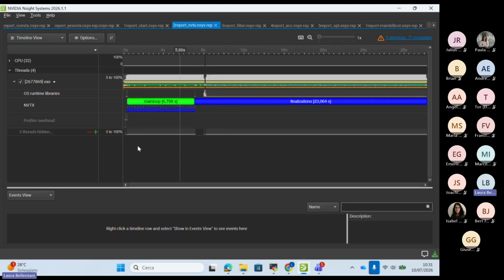So now you can clearly see that in my code, there is one final phase of finalization, which is taking along much of the runtime. And then the interesting part, the part that I want to offload, is this main loop. Now, maybe this is a toy code. Maybe I have a bigger code that I want to work with, and I need some way to focus my measurement on the main loop only. To do that, I can use the NVTX ranges without recompiling and modifying the source code, because now I can tell the profiler, hey, profile only the main loop without all the rest.